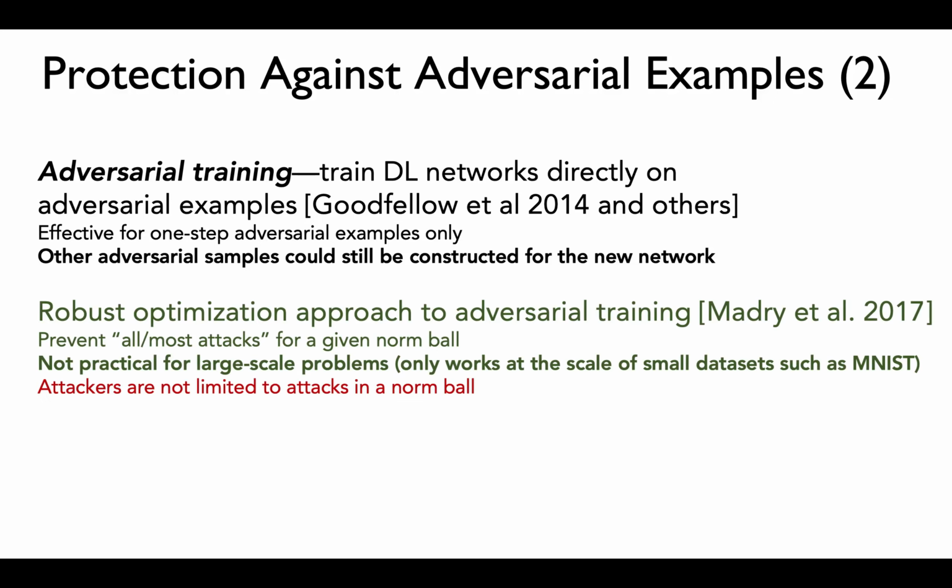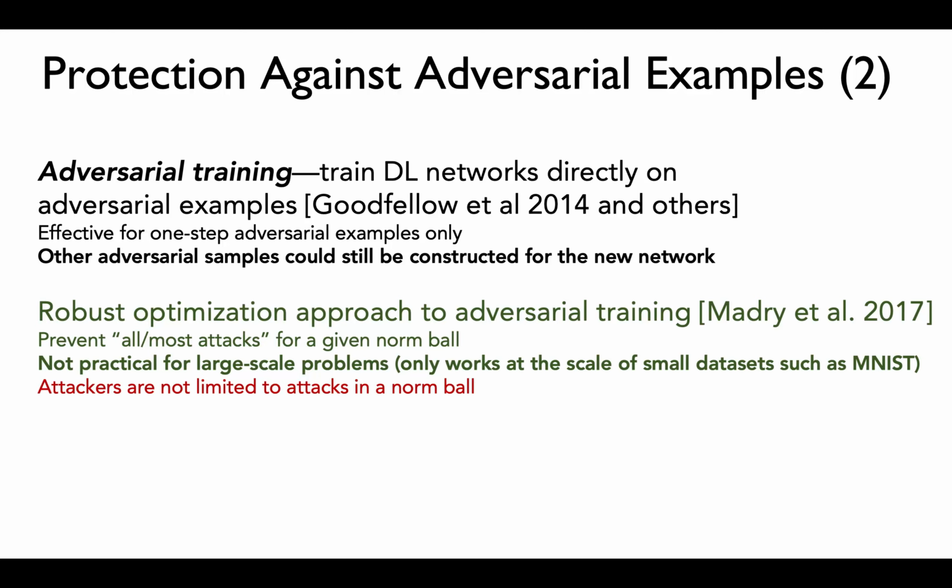Another approach that people have been trying is to make use of robust optimization methods, in which you are not optimizing for the average case, but you are optimizing for the worst case. So there is a lot of literature in robust statistics and robust optimization, and people are bringing that approach to adversarial training, and they are in a way giving all different kinds of examples, adversarial examples, according to attacks that lie in a certain norm ball. And with this, you can have some sort of guarantees.